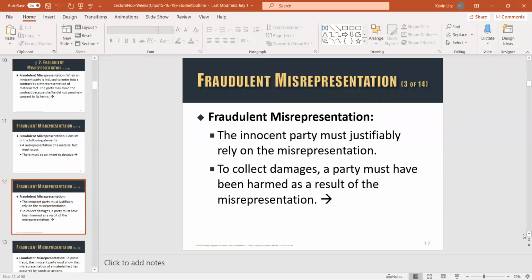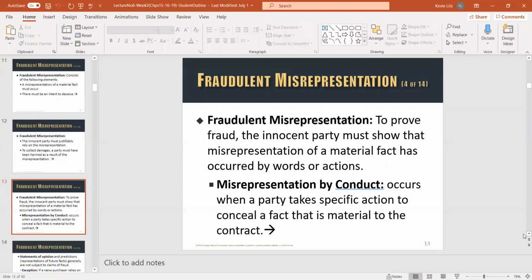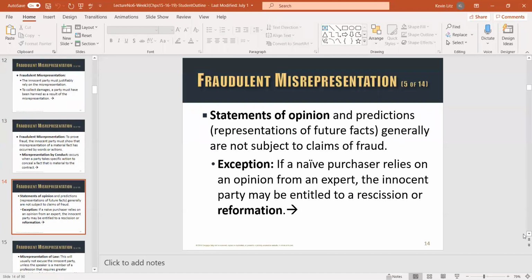You can see, I'll let you read through, but these are the elements of what a fraudulent misrepresentation is. I have to show that your conduct, you took an action to conceal it, or you should have disclosed it, etc. Again, we said earlier, statements of opinion, that's just a, hey, this is the best darn car ever. That is just an opinion. That's not a statement of fact. So a judge can't rely upon that to set aside a contract.